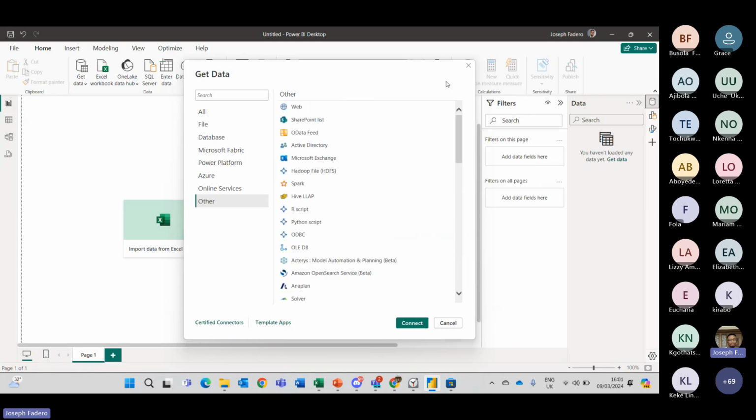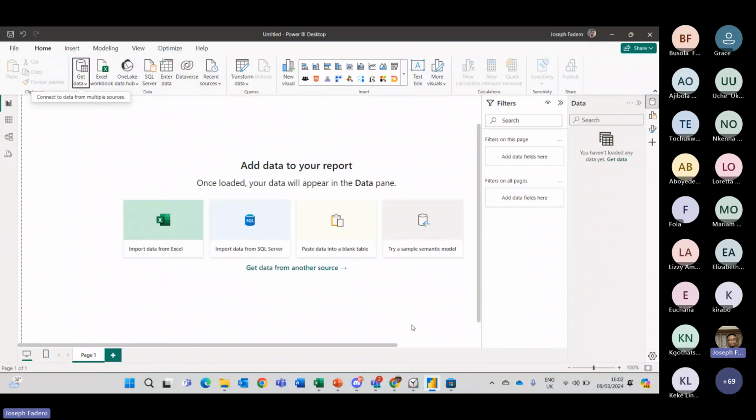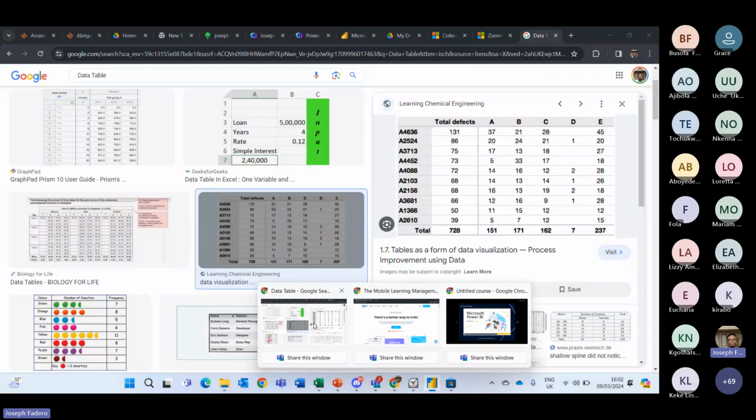So first things first, we're just going to do slight Power Query, just to get us properly introduced and gelled with Power Query in Power BI. Tomorrow's session will focus more on Power Query in Power BI. So right now I'm going to select web, but before I select web, let me have a website or a location of information I want to bring data from.